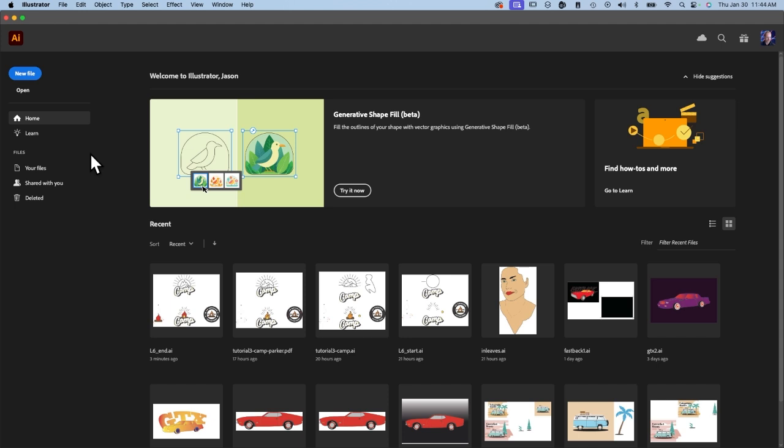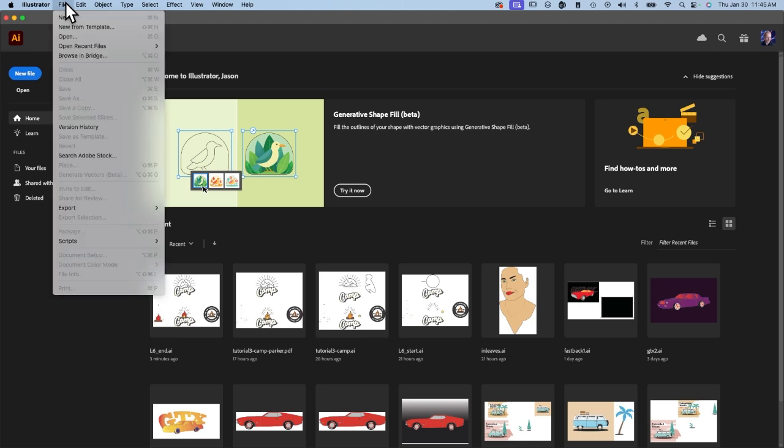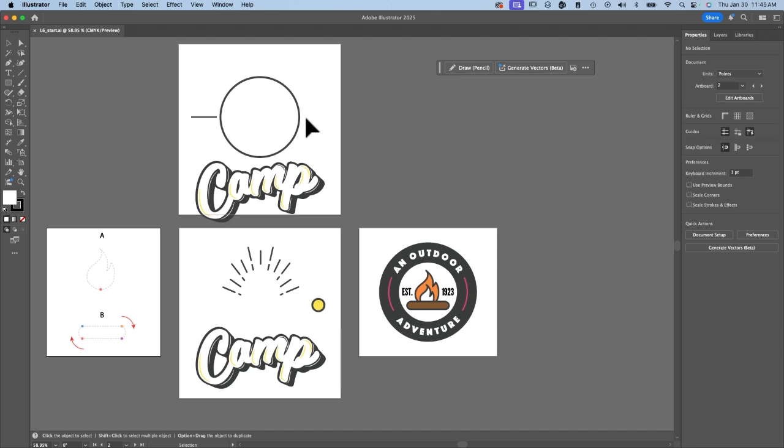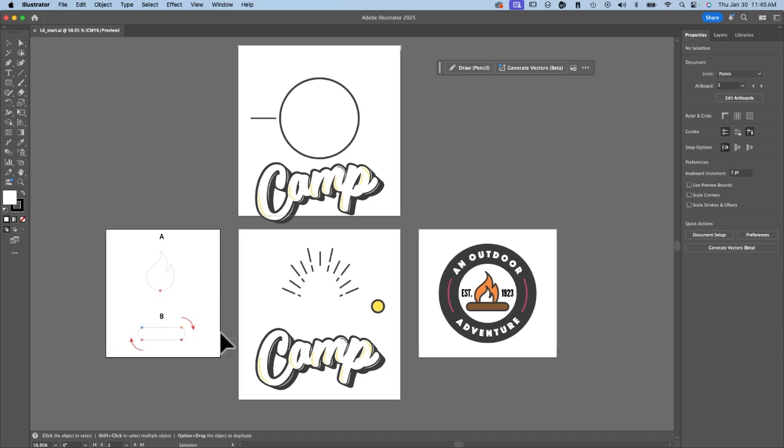I have uploaded this lesson file. It's called L6_start in Blackboard. And after downloading that L6 start file, you can go to Illustrator and choose File, Open, and mine is here in my Downloads folder. Click to open L6 start. Here we see this file has 4